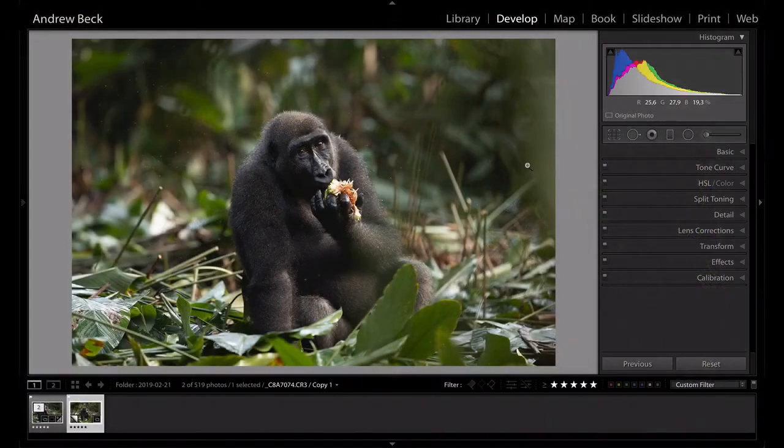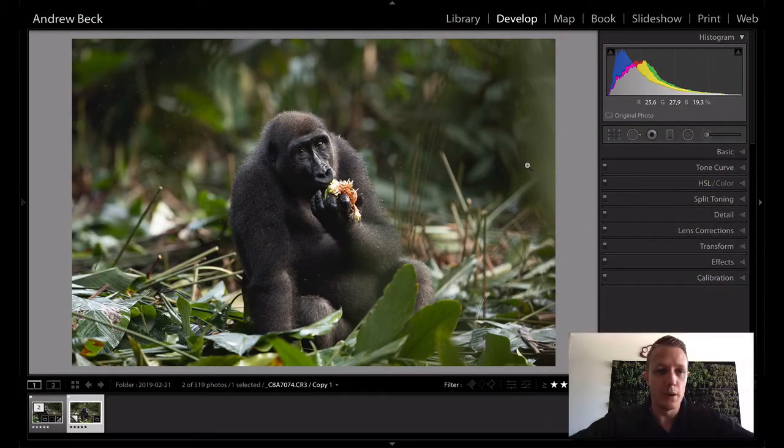So let's get stuck into today's image. And obviously this is quite a special image. This was my first time seeing gorillas. This is a Western Lowland Gorilla, and this was on the third morning of our treks in the Republic of the Congo. And the interesting part about the gorillas that we trekked there is that there are three groups really that they focus on. Two of them are tracked on a daily basis by guests and tourists in the area,